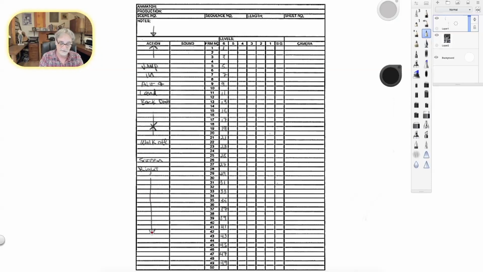So I get the X sheet and here's all the information, and the director has the character do all the acting within this area. And then right here there'll be a line like this, and the scene cuts right there on frame 42. So when I get the scene, I know that all of this is the action that's happening.